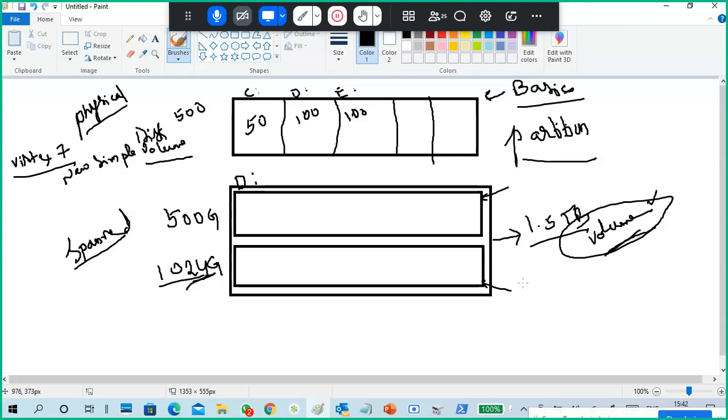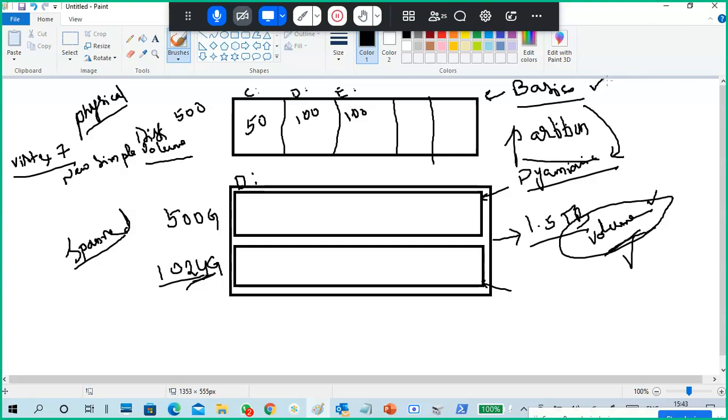To make a volume, you have to convert this basic hard disk into a dynamic hard disk. You have to convert basic disk into dynamic disk. Then only can we combine the physical hard disks and create large volumes or redundancy. So that is a basic disk, and this is the dynamic disk.